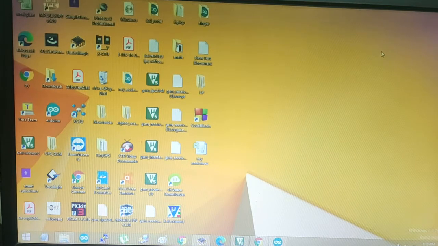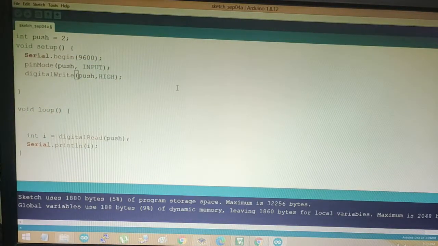First I will explain the coding part, how I am going to write the code, and later on I will explain the circuitry. I already wrote the program here. This is the basic program for interfacing the push button.